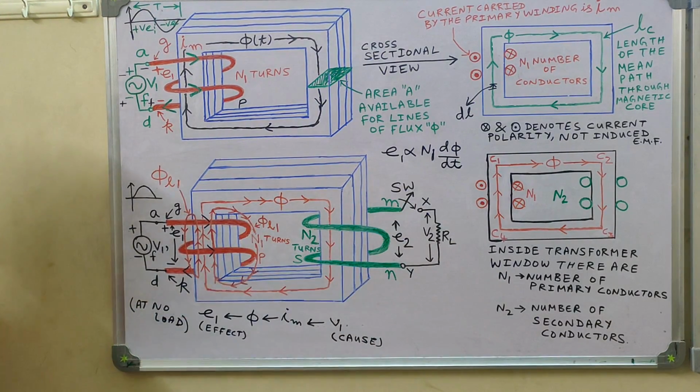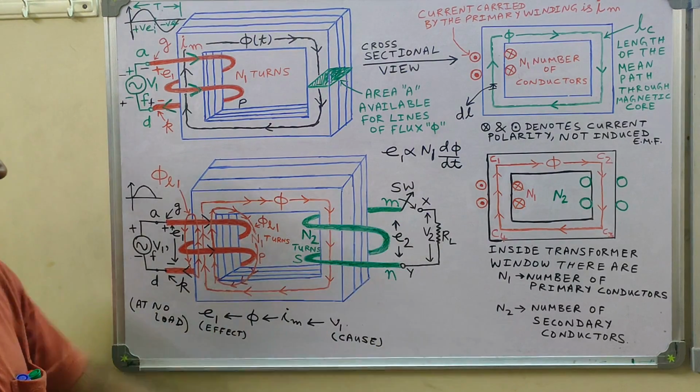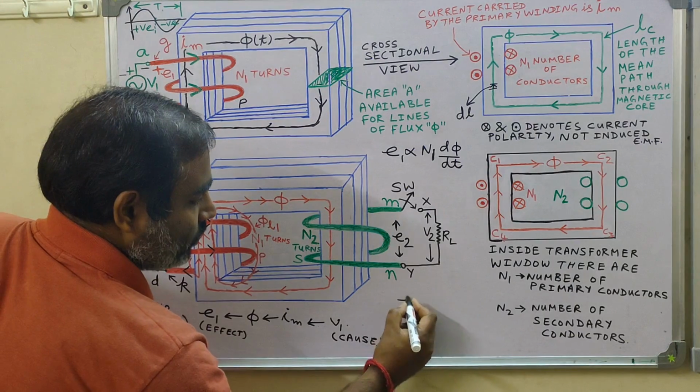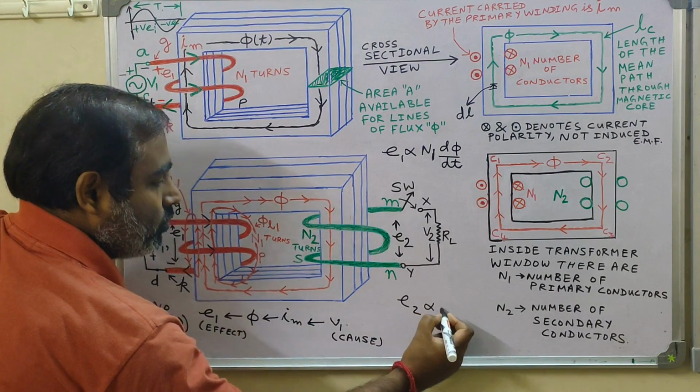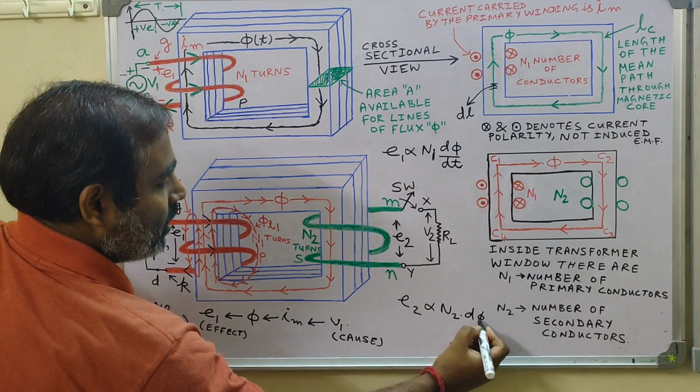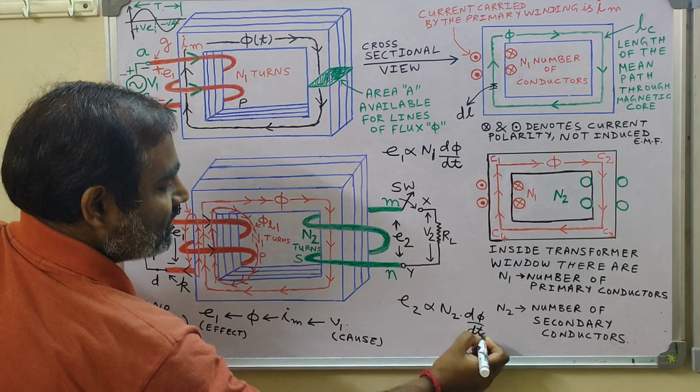So the only thing will be that you will have an induced EMF in the secondary coil E2, which will be proportional to N2 into dφ/dt. So we will have E2 which will be proportional to N2 into dφ/dt. Now as far as the polarity is concerned,